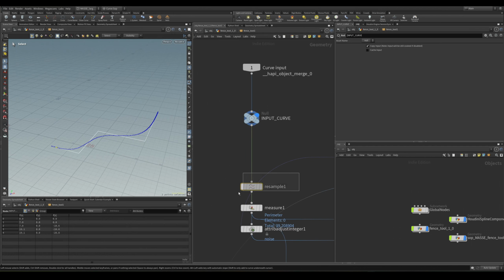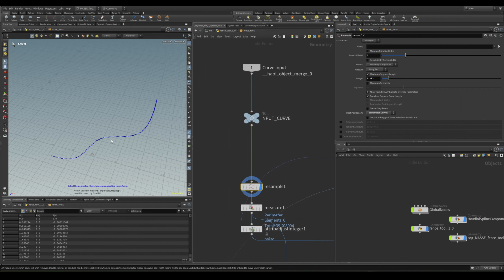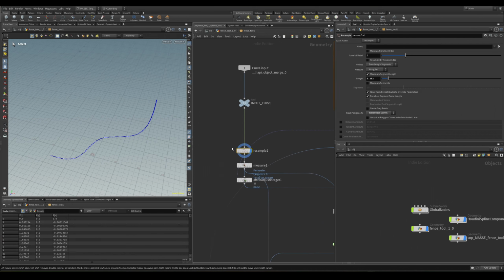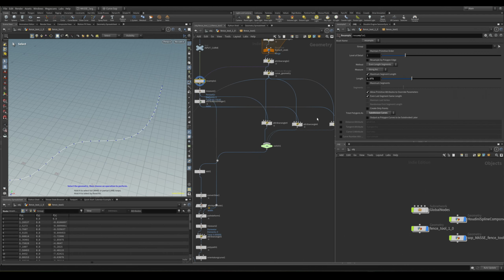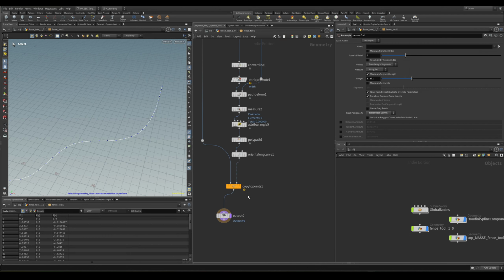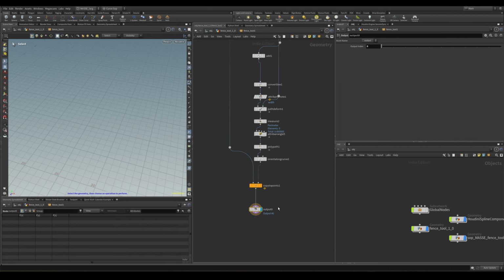So basically this is our raw curve, and then we are resampling it to make it a smooth one. We're going to control it a little bit later, because we could make some straight edges like that, and then we could treat them as different pieces of geometry. That's going to be a little bit later, but for now let's keep it as a resample. And this resample is pretty big, so we can maybe make it a little lower resolution. But everything inside here should work just fine. And make sure that after the copy to points, you're putting the output node, because you want to output this